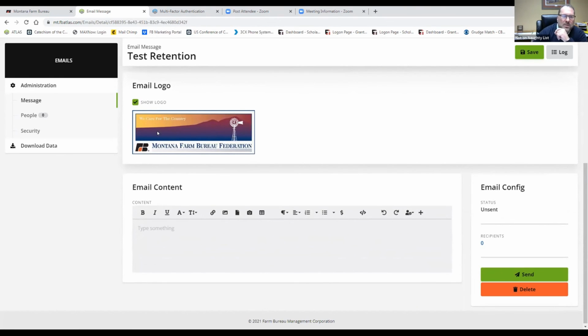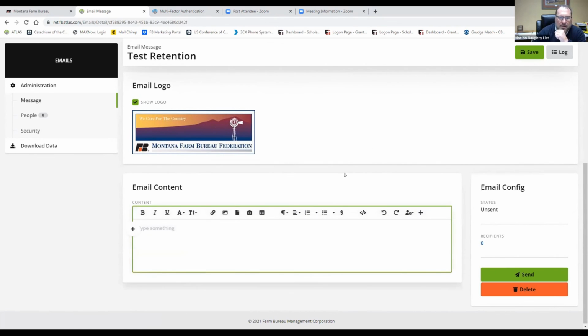If I'd have chosen the county up front rather than state office, for instance, Fergus, it would actually have your Fergus County Farm Bureau logo here. So that's really pretty cool. And then you just start typing in your email and in the body here. And if I've got something ready to go, I could just easily cut and paste it, but I might just say, hi, member,